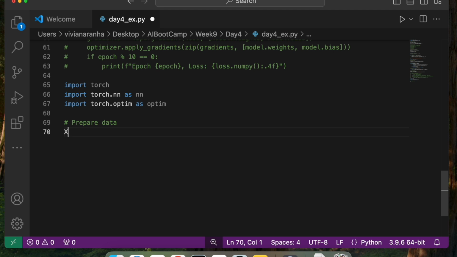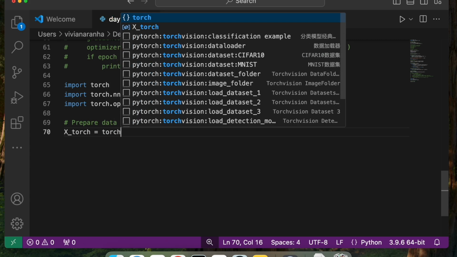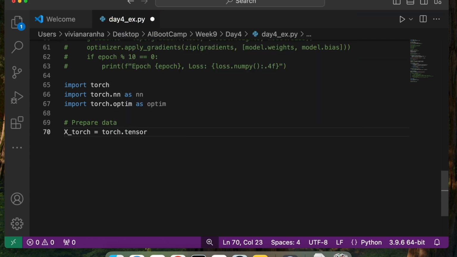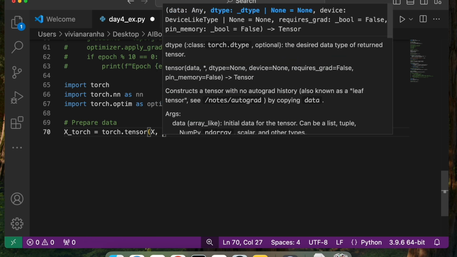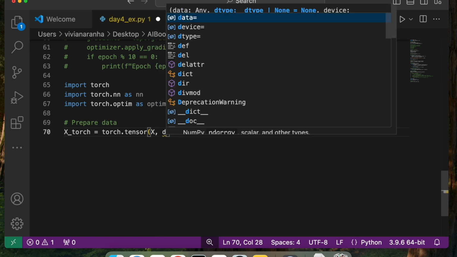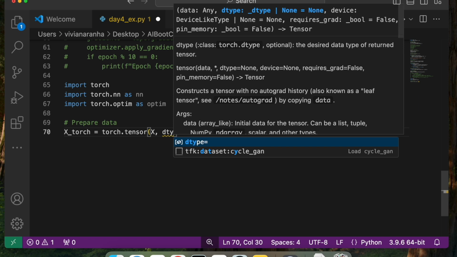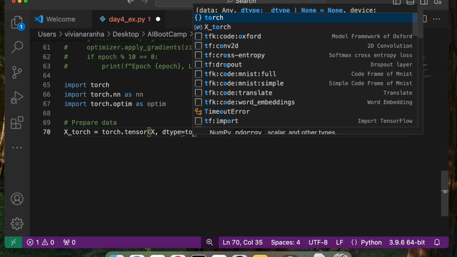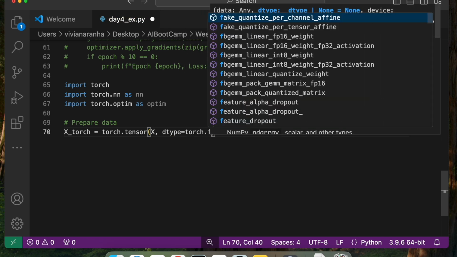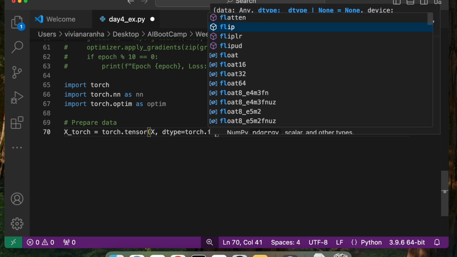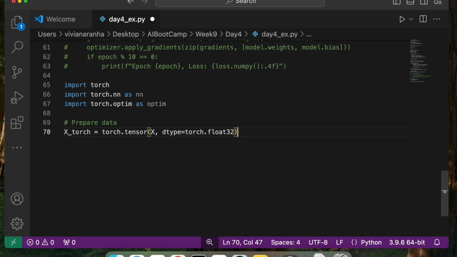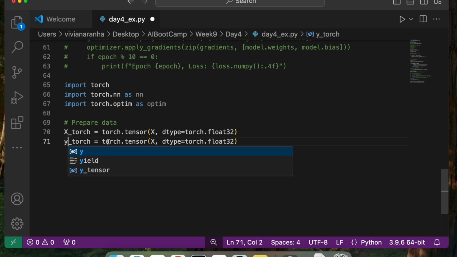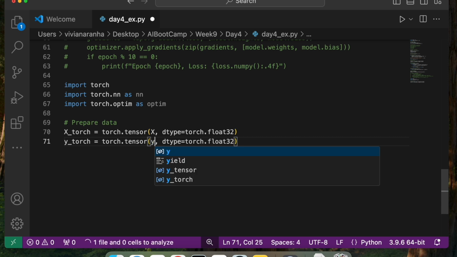For this, I'm going to say x_torch equal to torch.tensor, and to this I'll pass x, dtype equal to torch.float32. There you go. So that's my x_torch. For my y data, y_torch, converting that into PyTorch format.